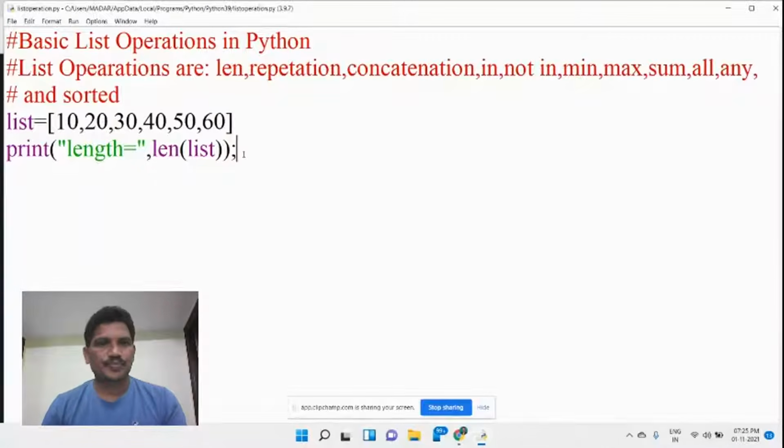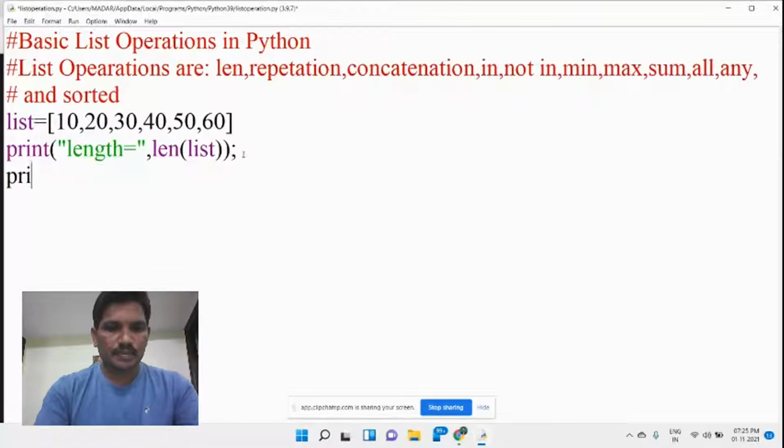Then repetition. What is the meaning of repetition? We use the star operator or asterisk operator for the list to be repeated. How many times the list should be repeated is based on your input value.